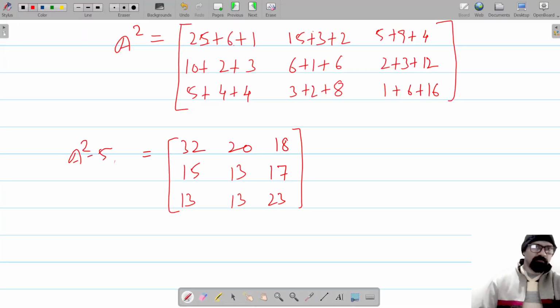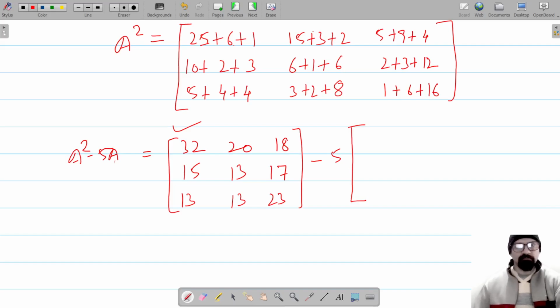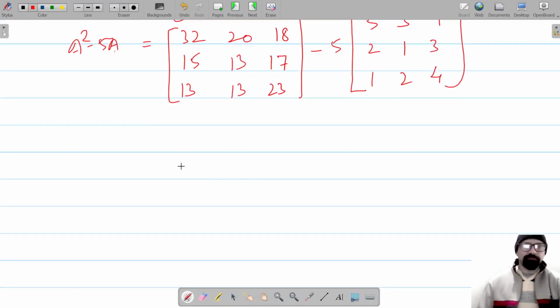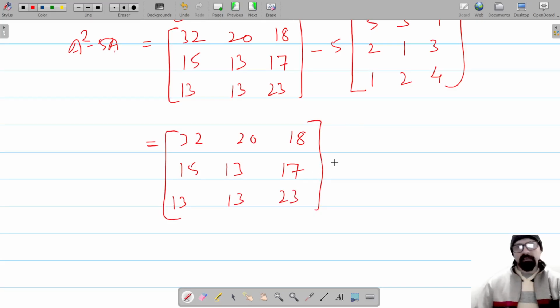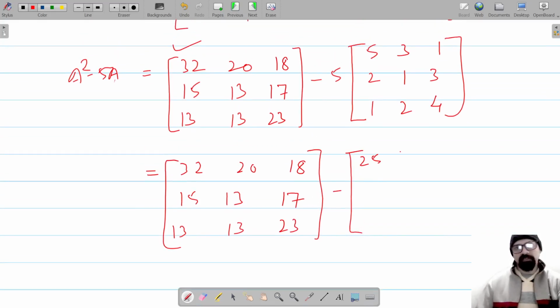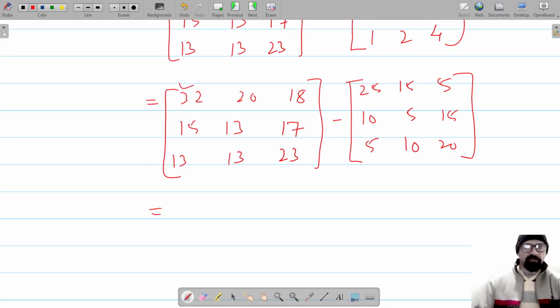तो यहाँ लिख देते हैं A square minus 5 into A। A को यहाँ दोबारा लिखेंगे, A matrix था 5 3 1, 2 1 3 और 1 2 4। तो ये matrix A square तो वैसे ही रहेगा: 32 20 18, 15 13 17, 13 13 और 23। अब यहाँ पे multiply करेंगे 5 को सभी elements के साथ। सो 5 × 5 is 25, 15, 5, 10, 5, 15, 5, 10 और 20। और 32 minus, minus करेंगे respective elements। 32 minus 25 is 7।